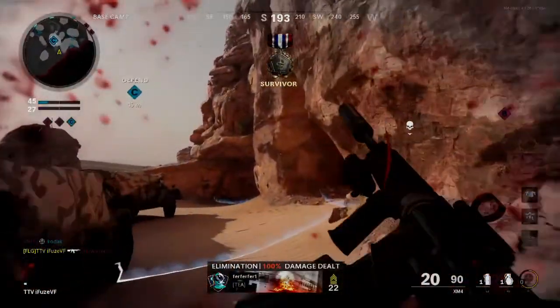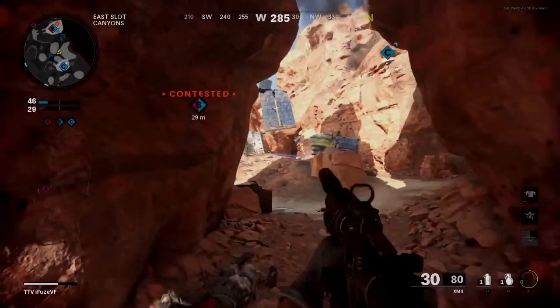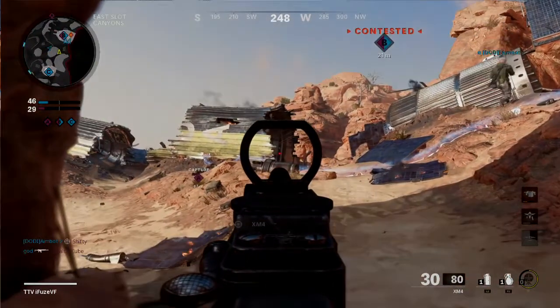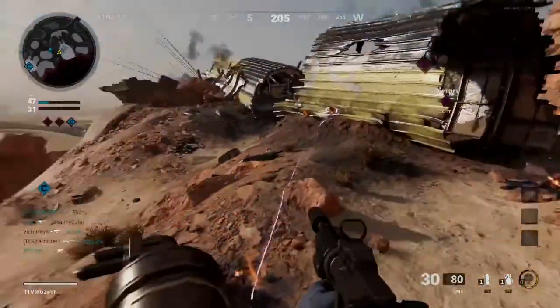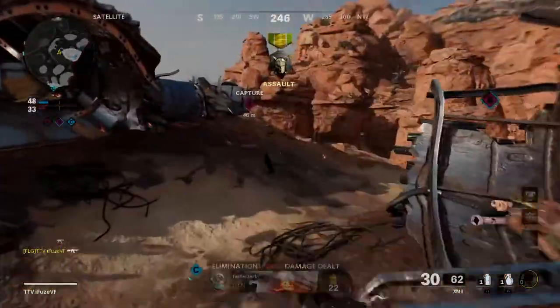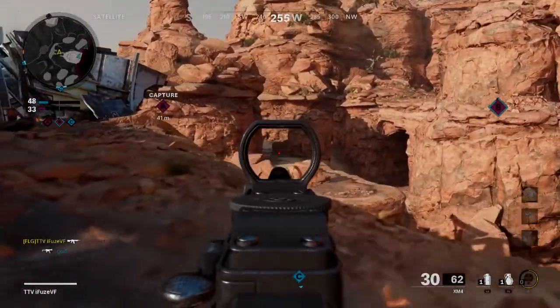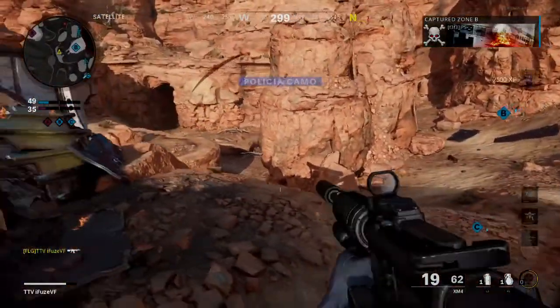But if you just push forward and keep pushing towards that flag, you're going to keep dying, you're going to feed them streaks, you're going to feed them kills, and it's just not going to be a good time. I learned that the hard way. I've been trying to slow myself down drastically the past couple of nights playing this game, and it's improved my gameplay a lot. So that's my first tip, is to be patient, get those power positions, hold those power positions,